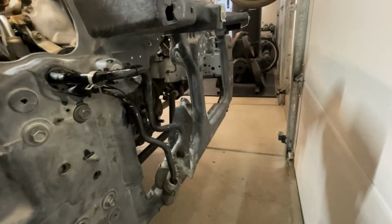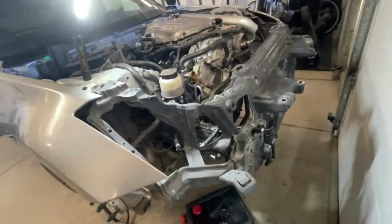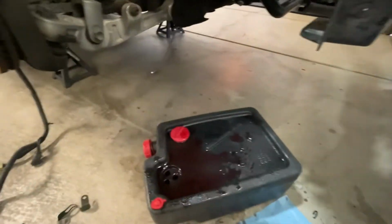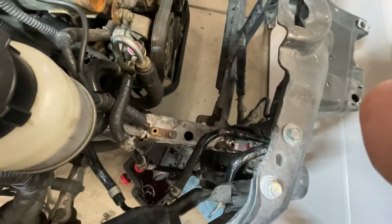Well, I just made a huge mess. I didn't realize the power steering cooler lines run through the radiator support, and I had already filled the reservoir with fluid because when I started it, I didn't want the power steering pump to be totally dry. So I just had to disconnect the lines from the cooler and run them through the radiator support right here. Thankfully I caught most of it in the bucket. I made a little bit of a mess, and I definitely got power steering fluid on the frame rail and stuff, but